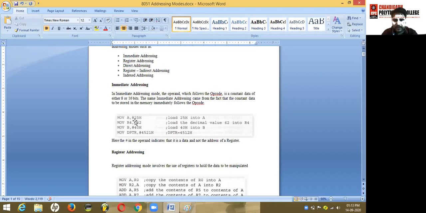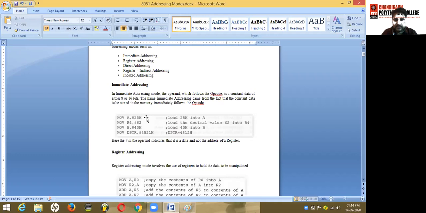Here MOV A, #25h. This instruction shows that we are going to load 25h into the accumulator. The second example you can take, MOV R4, #62. Here 62 is the decimal value that you are going to move or transfer or load in register R4. Here in the first instruction you have placed H after 25.